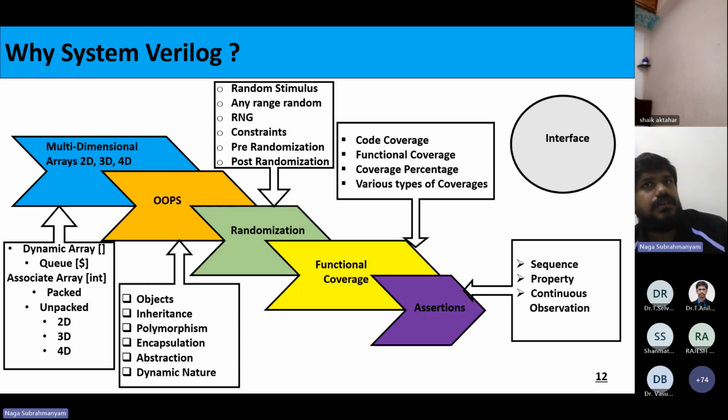Some of the verification constructs are simple, and they will develop them as a kind of module. Those are entities which behave like continuous checkers on the design, so to some level we can use assertions in the design. That is a lighter use of assertions in the design. When it comes to multi-dimensional arrays, if they want to design a memory, they will go with these. Otherwise, they won't use these. Most multi-dimensional arrays we use in verification.